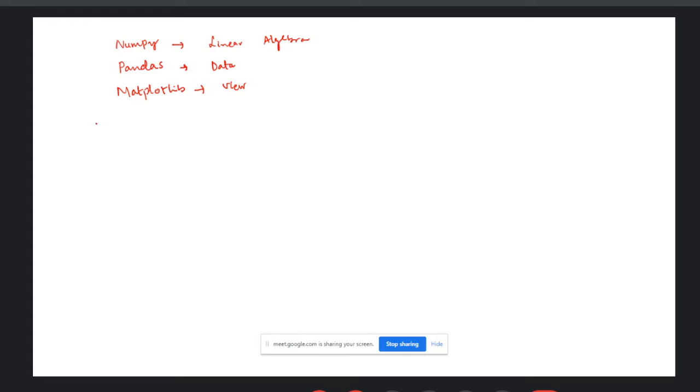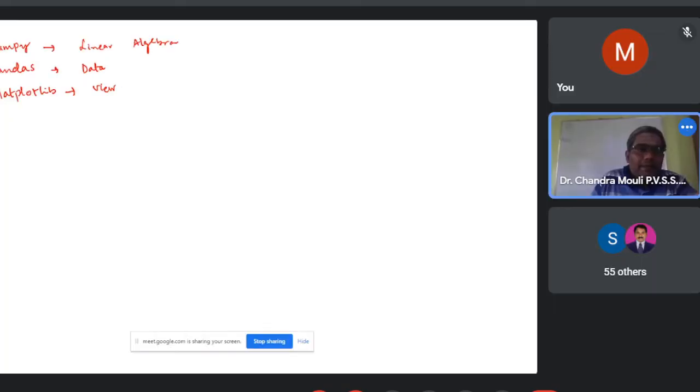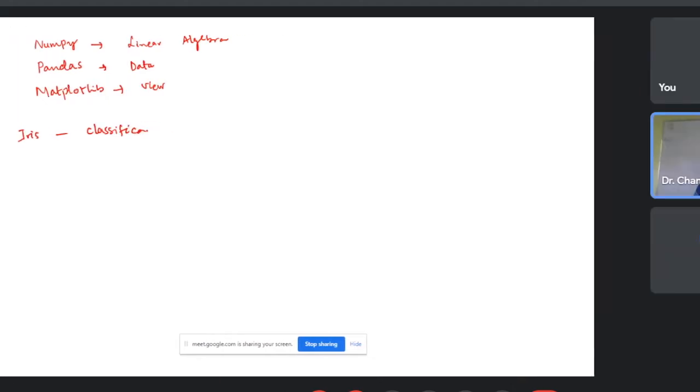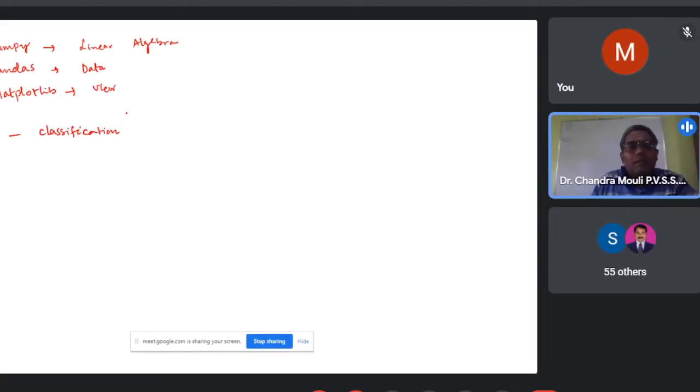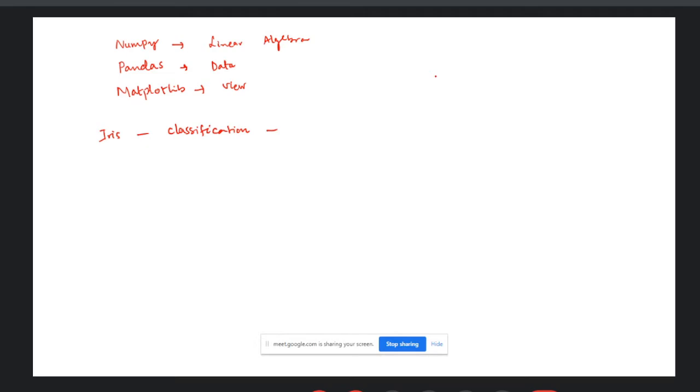I'll take the iris data set, and then show how to do the classification of the iris data set using different classifiers.